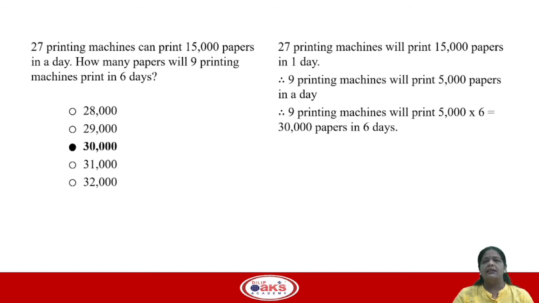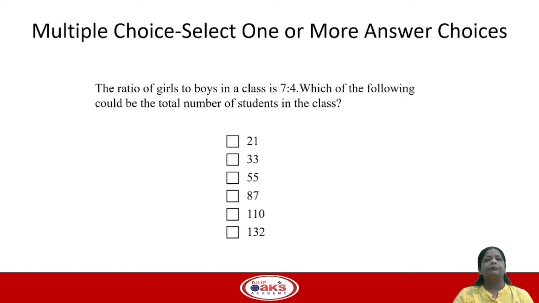Now let's move on to the next question type. Multiple choice, select one or more answer choices. In this question type, there is no restriction on the number of options. You can have as many as 2 to 8 options in this question. You will always see check boxes for these questions, so one or more options are always going to be correct over here. The most important thing that you should remember for this question type is there is no partial marking. So you are not going to get any credit unless and until you provide the correct set of answers.